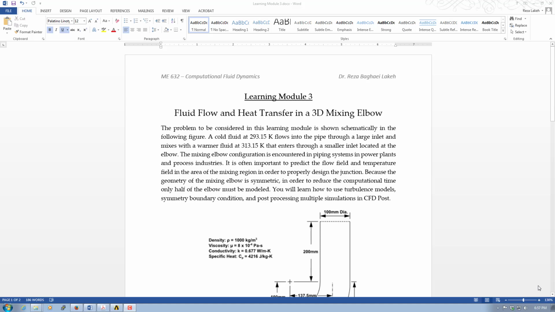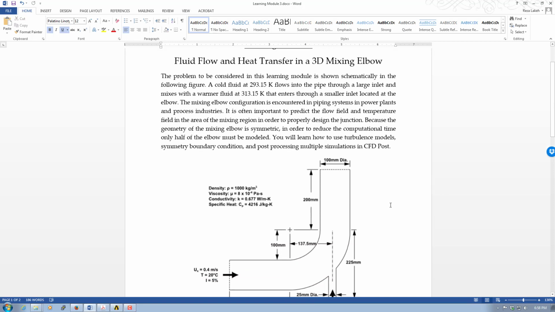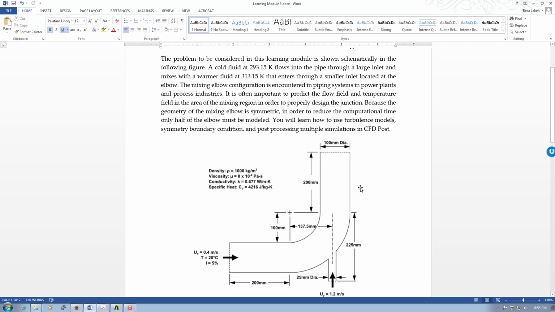Learning module 3. In this learning module, we're going to study the fluid flow and heat transfer in a 3D mixing elbow. The problem to be considered in this learning module is shown schematically in the following figure, as you see. A cold fluid at